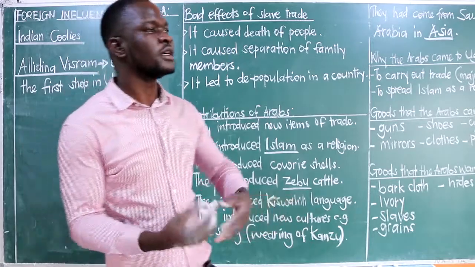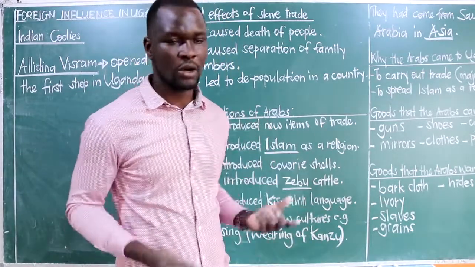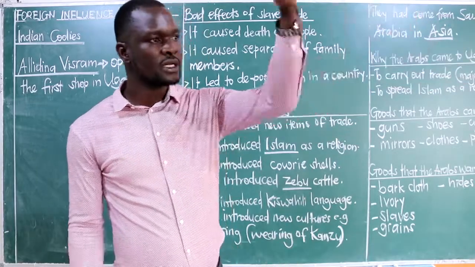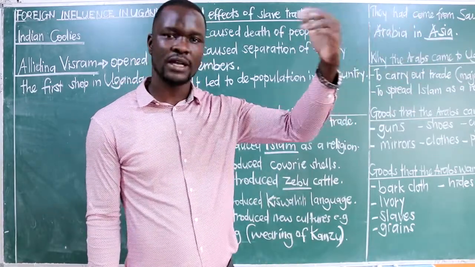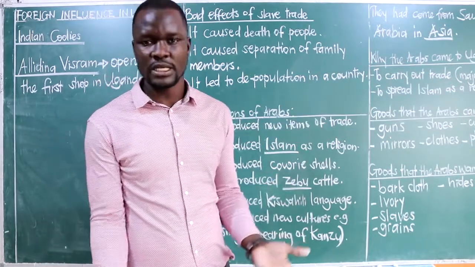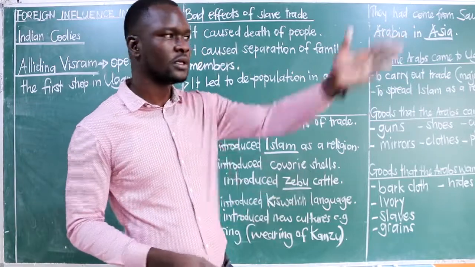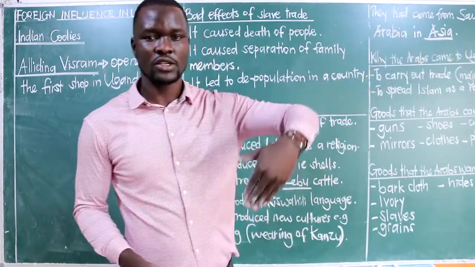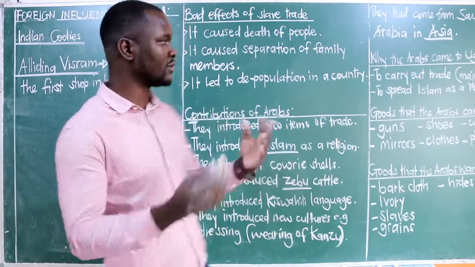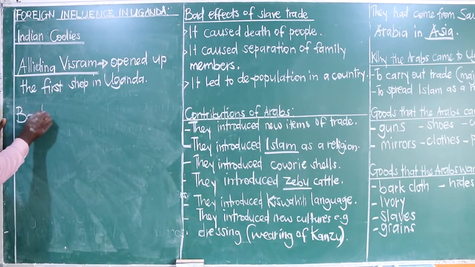People could move from one household to another, from one community to another, get your goat, move to the neighborhood, tell them what you want. Maybe you want salt, you exchange and you come. If you buy a kilogram of meat and you don't have salt, you take half of the kilogram to the neighbor, you get salt, like that. Exchanging goods for goods. And that is what we term as barter trade.